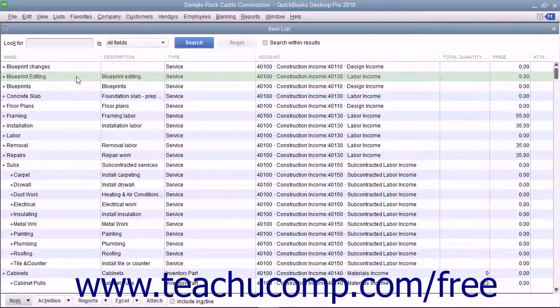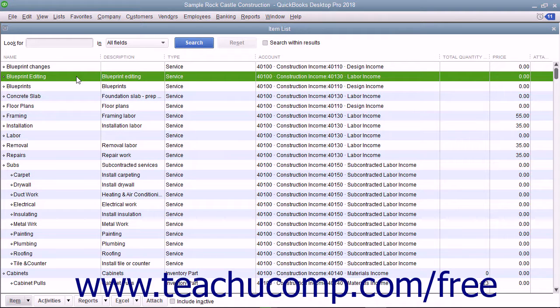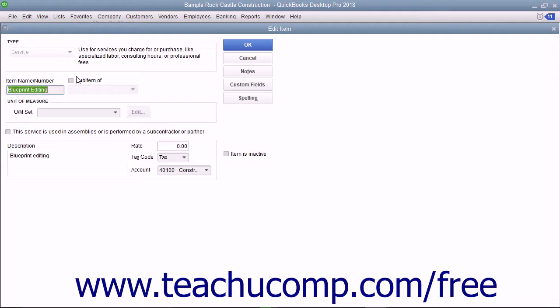www.teachucomp.com/free. Although there is no specific rename command within QuickBooks Lists, to rename a list item, you simply open the Edit List Item window for the selected item from the desired list. Then type a new name for the entry into the Name field at the very top of the window, and the entry will adopt the new name after you click the OK or the Save and Close buttons to save